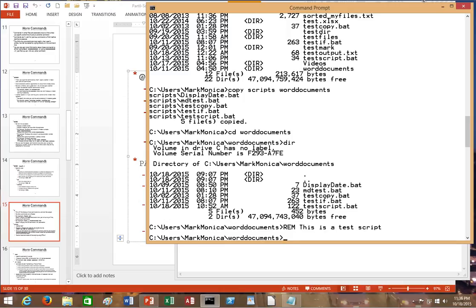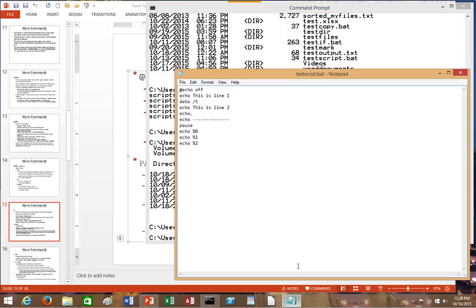So I'm actually going to go into the test script I've been creating in Notepad, and at the very top, I'm going to type in some comments. So REM, again, just like the other commands, I don't have to type them in uppercase, but I'm going to do it because it sets them off a little bit. So you can see that's where your comments go. I'll just put my name, REM, the date,